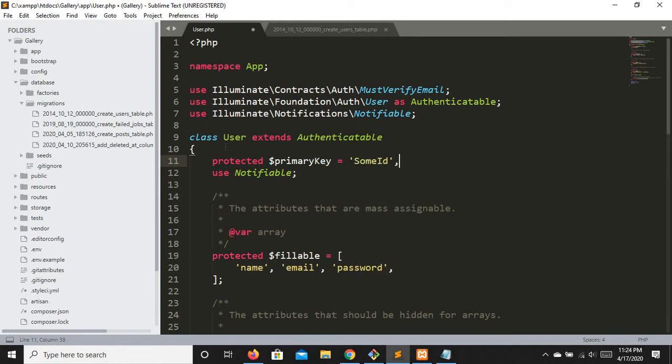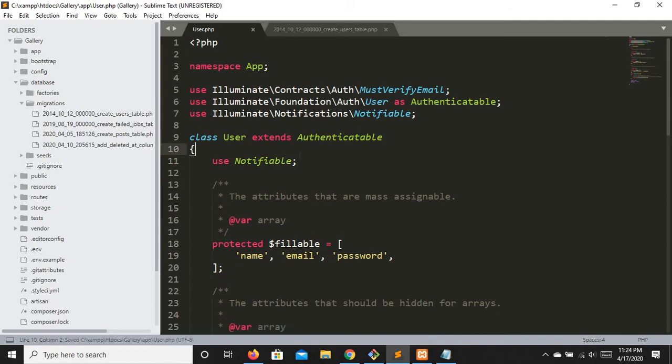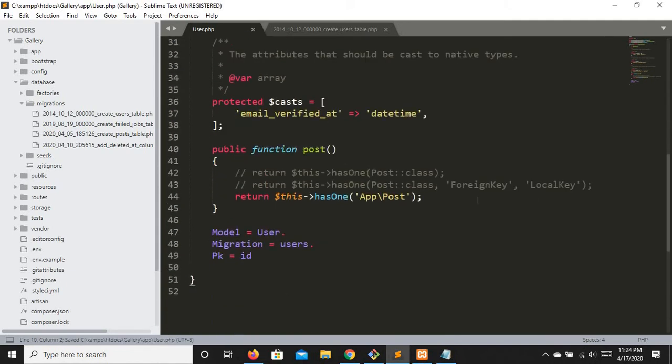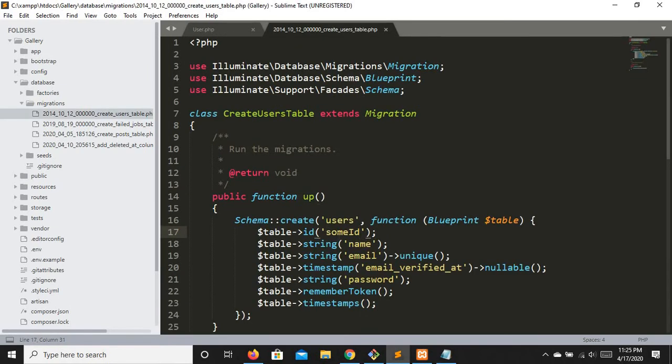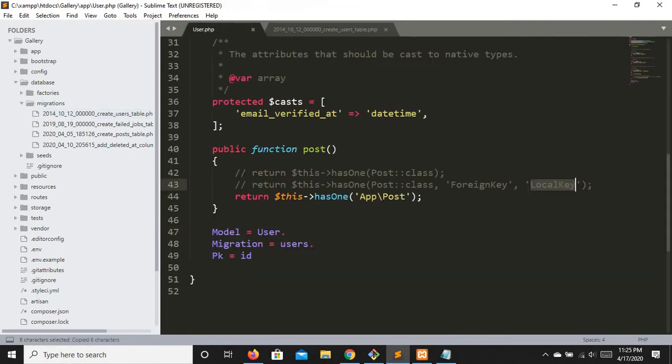Okay, you have to pass it right here, and also when you are making your own primary key, you are going to pass it right here so that Laravel can know that we are not using the local key or primary key that Laravel assumed. We are using our own local key. Let's say in this case some_id. I will just copy it from here and paste it right here. Okay, that is the case.